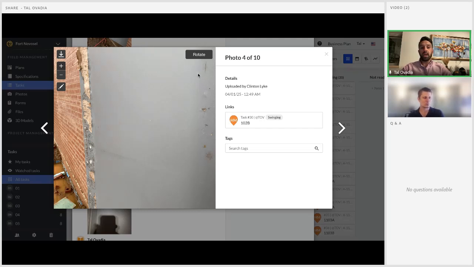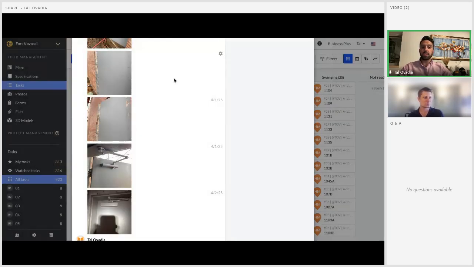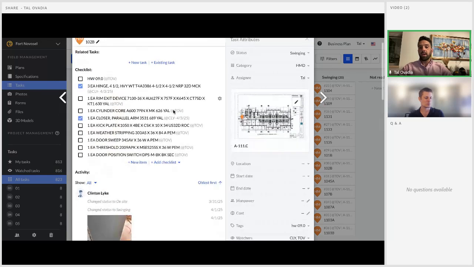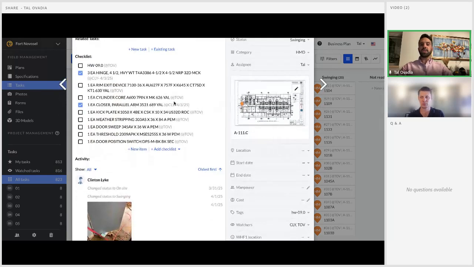Now, that doesn't mean we can't do the work to help. It might be that we can go repair those doors, but it needs to be on T&M because this was not our damage. Obviously, if it's our damage, we're responsible for it. And this is a great way to be able to show that, hey, it wasn't us.